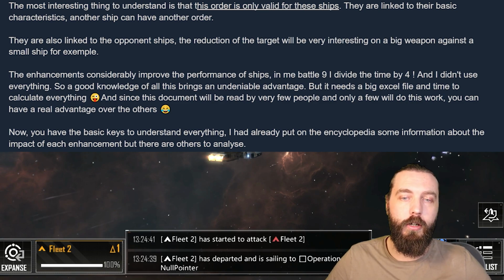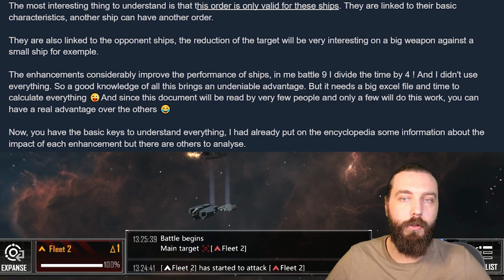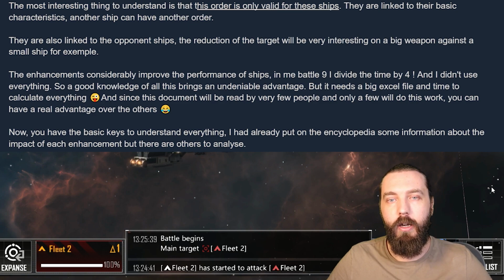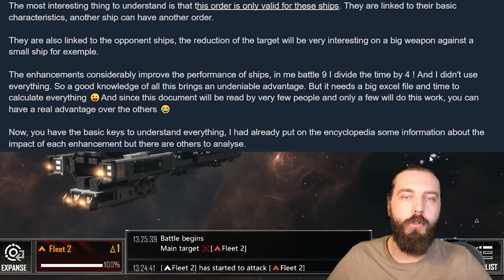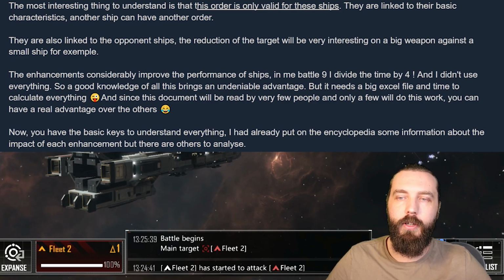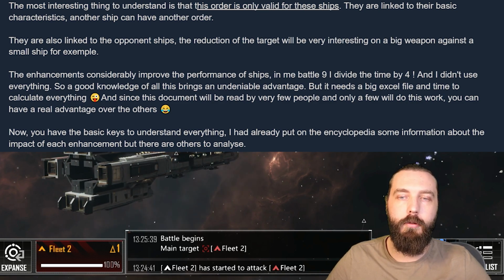Yeah, as we saw, this extra bonus crit damage on target weapon systems was not applicable here against the FG300, but versus something, say, a bit bigger, maybe a SD-59 with its giant railgun or torpedo system, knocking that out earlier on is going to be a boon to your fleet. The enhancements considerably improve the performance of ships. In my Battle 9, I divide the time by 4, and I didn't use everything. So a good knowledge of all this brings an undeniable advantage, but it needs a big Excel file and time